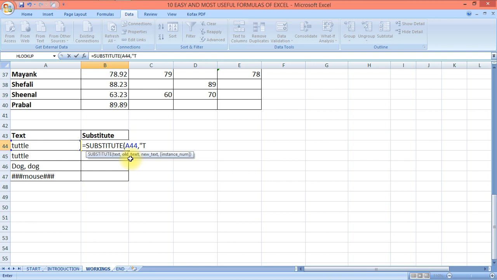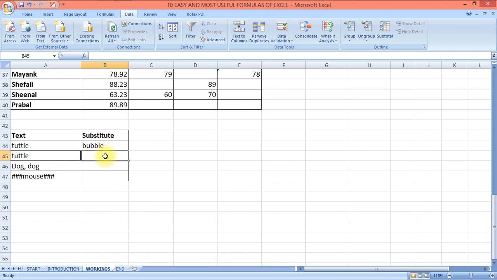I want to convert the t. It is case sensitive because there is a small t. I'll use small t, comma, the new text in inverted commas. I want it in b, inverted comma close. Instance we will do afterwards. Now I want to convert all the t's into b's. Enter. See, there were 3 t's, they were converted into 3 b's.